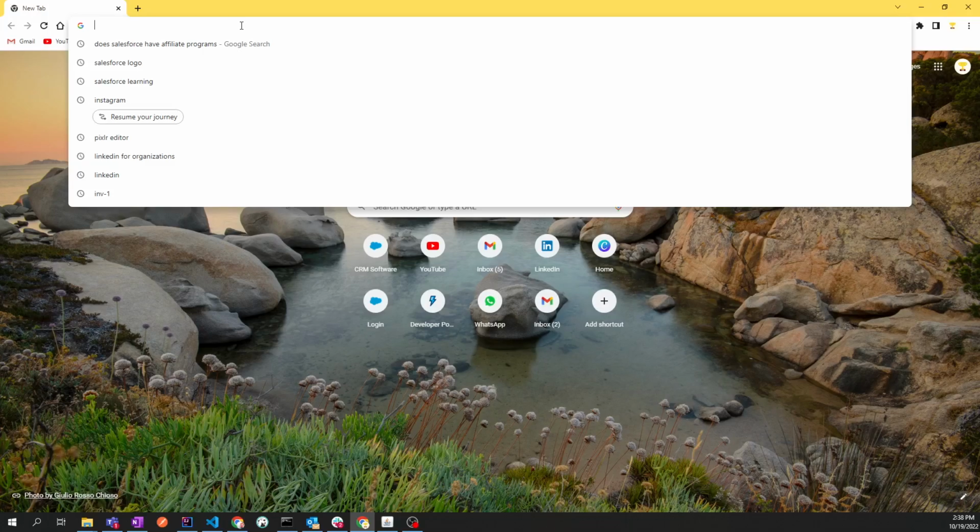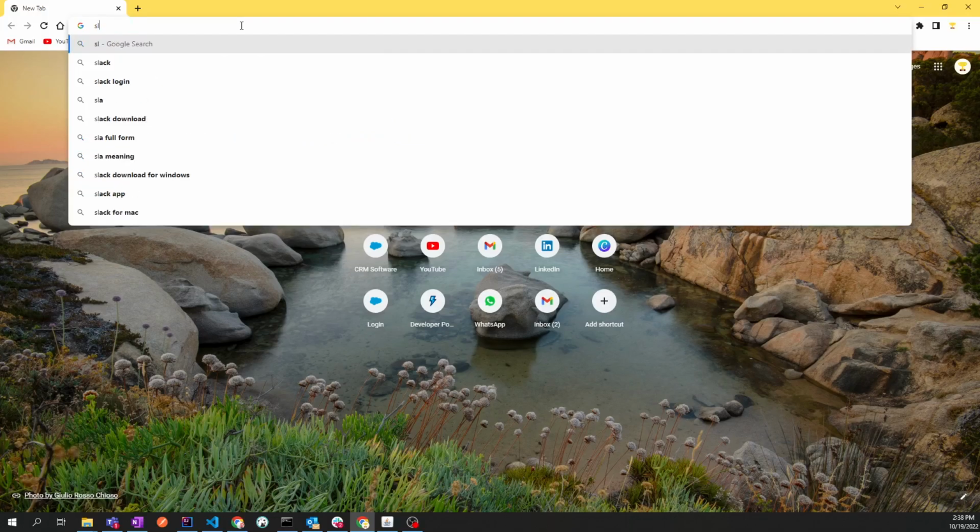Hello guys, so this video is a continuation of the last video, where I was telling you how we can extend the invoice layout, how we can configure the layout, and what all we can show on the layout. So this is the continuation of the same part. We will be customizing more on our layout and we will be seeing what features Salesforce provides for layout customization. So let's go ahead and